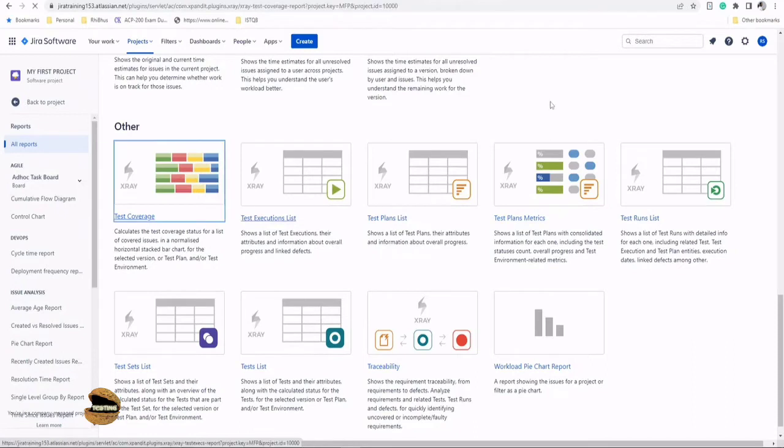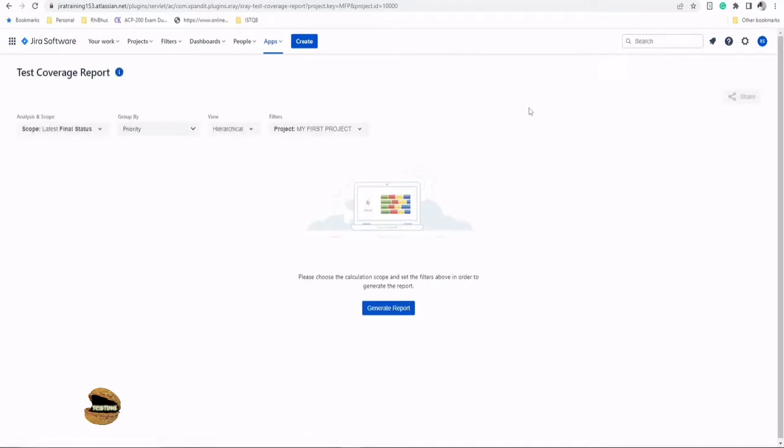If you remember our previous tutorial, which we covered quite a few earlier, like maybe 6 to 7 tutorials before, we discussed how to configure the test coverage. Now, given that you have configured a particular issue type like story to determine the coverage of a particular test, once you have let X-ray know and you have mapped using the relationship in the linked issues that this story is tested by a particular test or a particular test set,